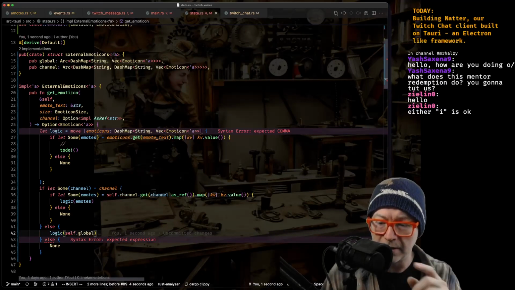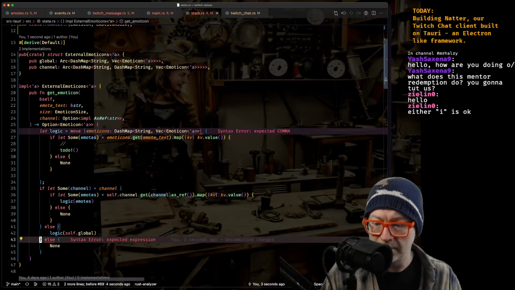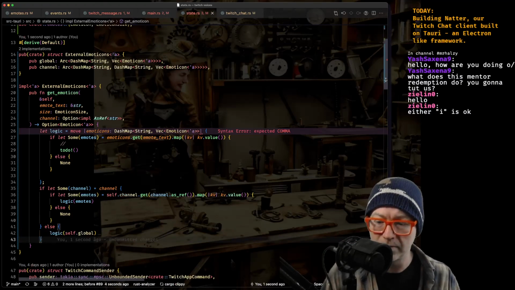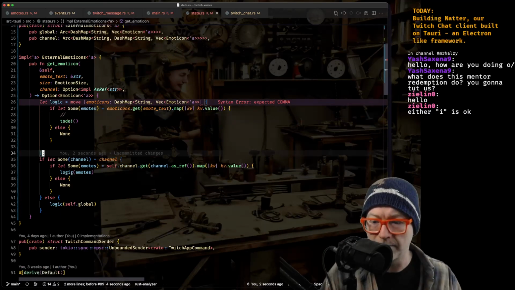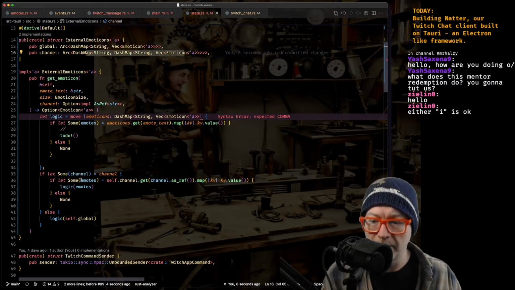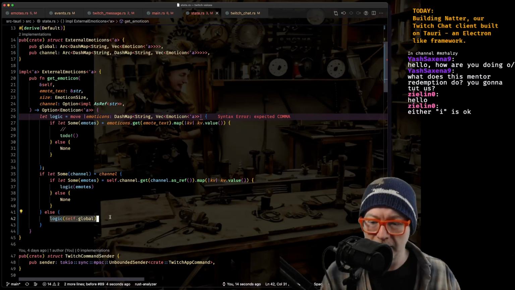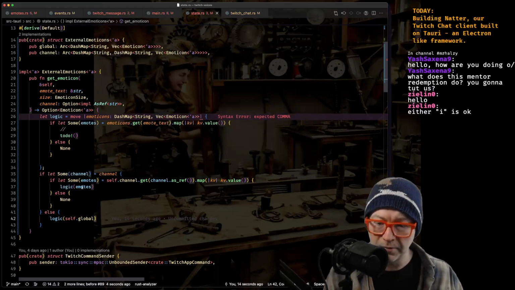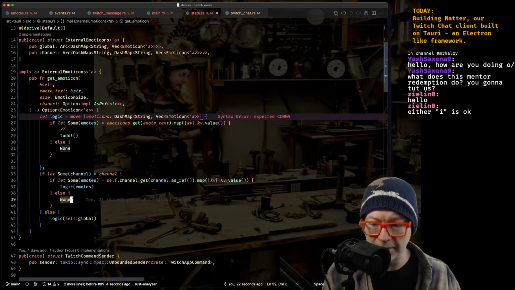That global. Okay. So come in here. We try to find the channel. If a channel was not passed in, then we use a global emoticon set. If a channel was passed in, we look the channel up. If that fails, we return nothing.